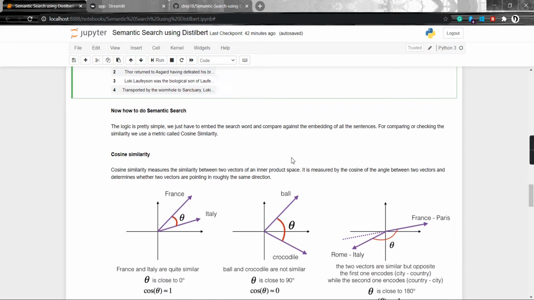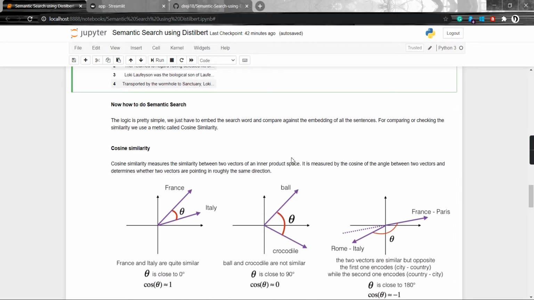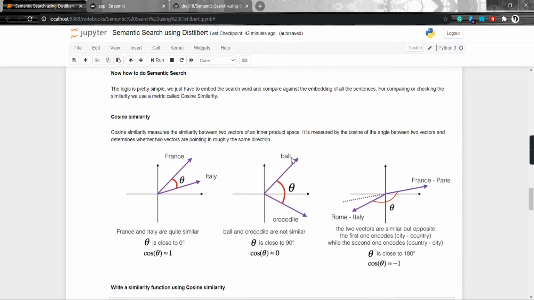Now let's see how we can do the semantic search. It's pretty simple. We basically need to find the relation between two vectors. If I need to compute the similarity between the vector France and the vector Italy, which are represented in an n-dimensional space, I need to calculate the cosine of the angle between them.